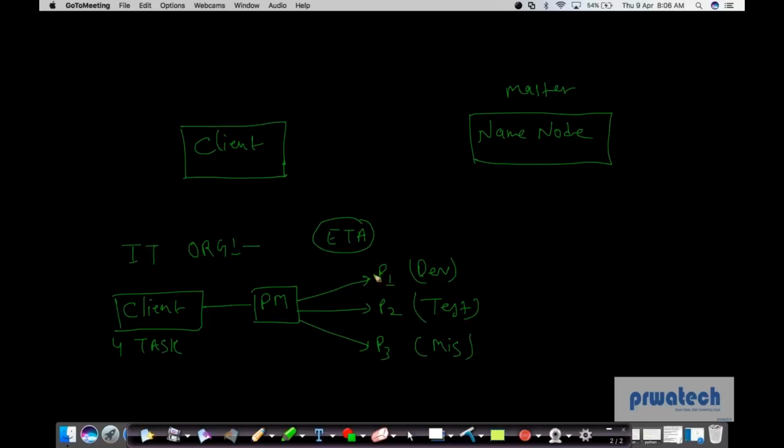Now, P1 will say, let's say 2 days, 1 day. So I'll complete this in 2 days, all the development activity, whatever is given by the project manager. P1, P2, P3 are not directly talking to the client. Neither is the client directly talking to P1, P2, P3. This guy is working as a mediator, right? If you focus on this middle area, this guy is working as a mediator, getting information from here to there,